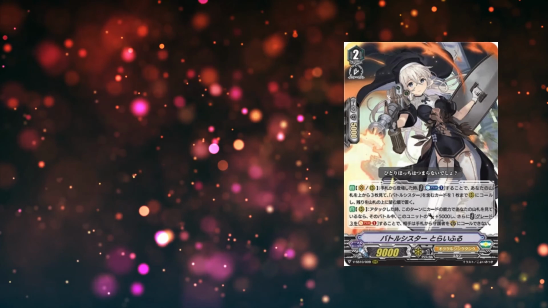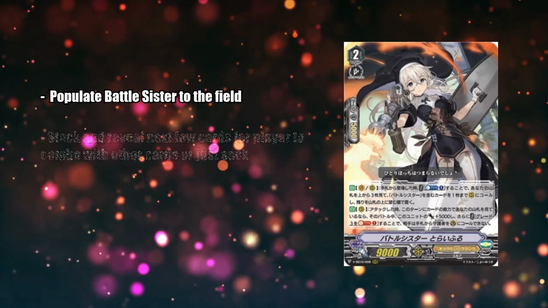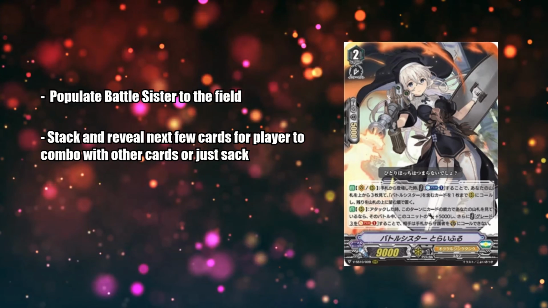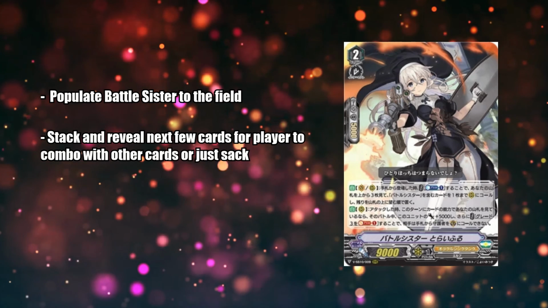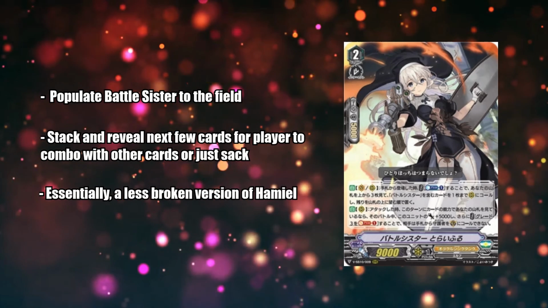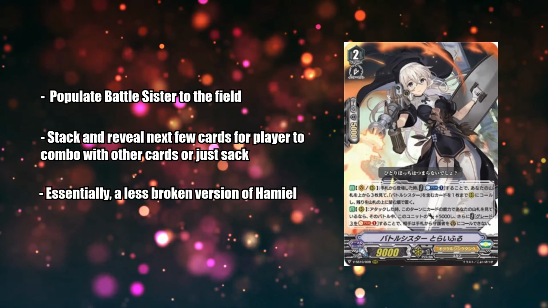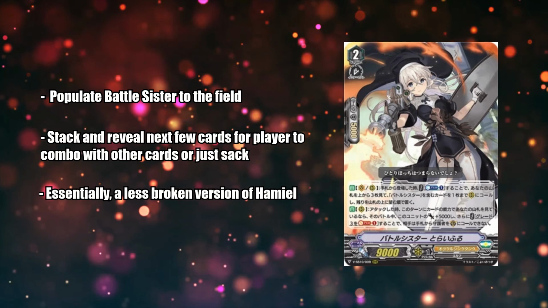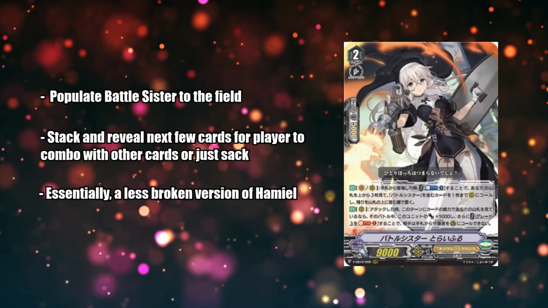Her first skill does 2 jobs, and that is to populate the Battle Sister to the field and to stack on top of your deck if needed. Its second ability seems expensive at a glance, but if you know how to use it, it can be really devastating. It's nothing at the Harmiel level of cancerous, but it's halfway there. This might be the reason why the card hasn't been banned in the ban list yet, due to the fact that you do need a lot of attention to go into this card to actually make that additional guard restrict